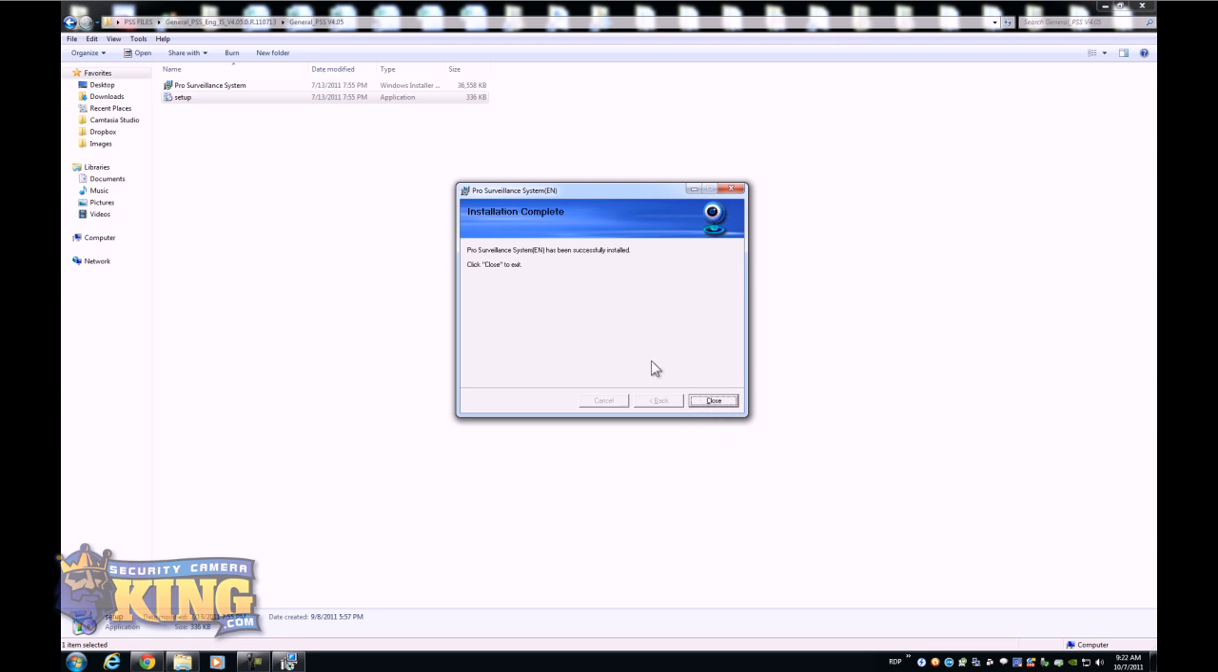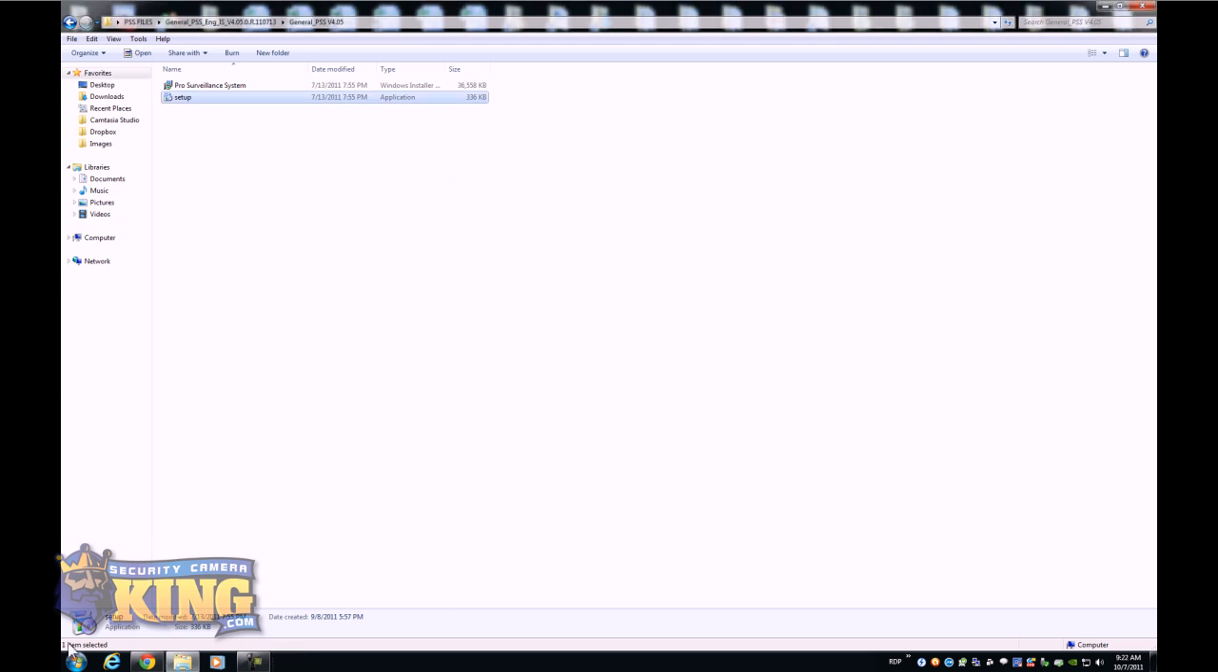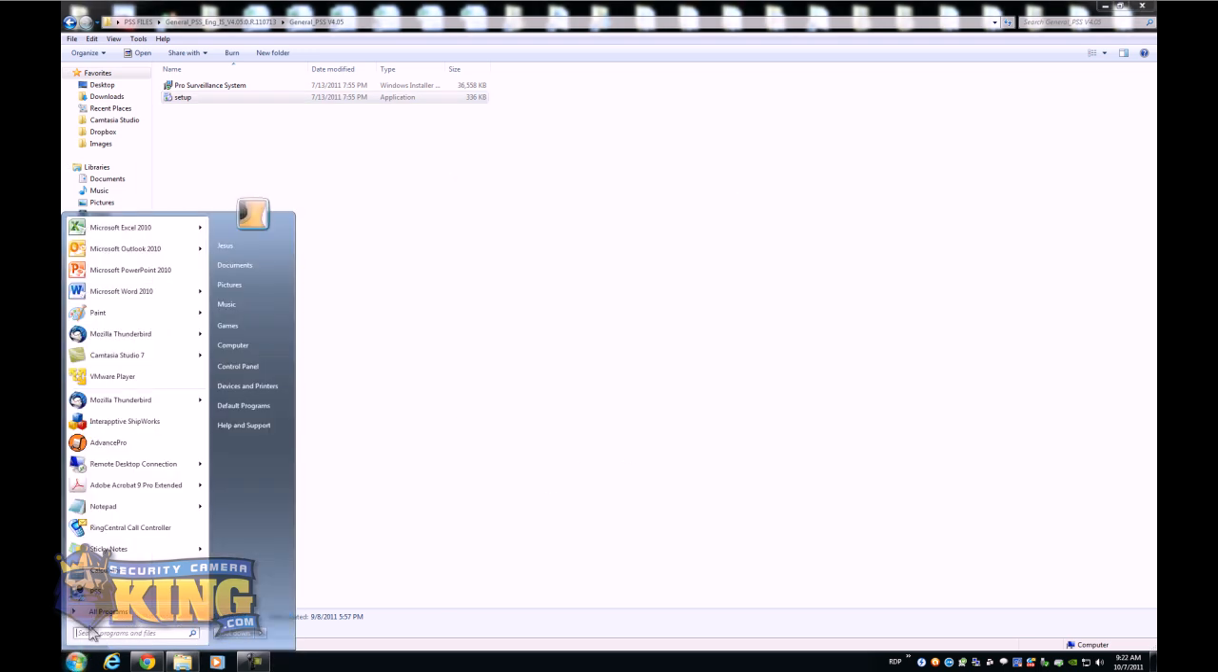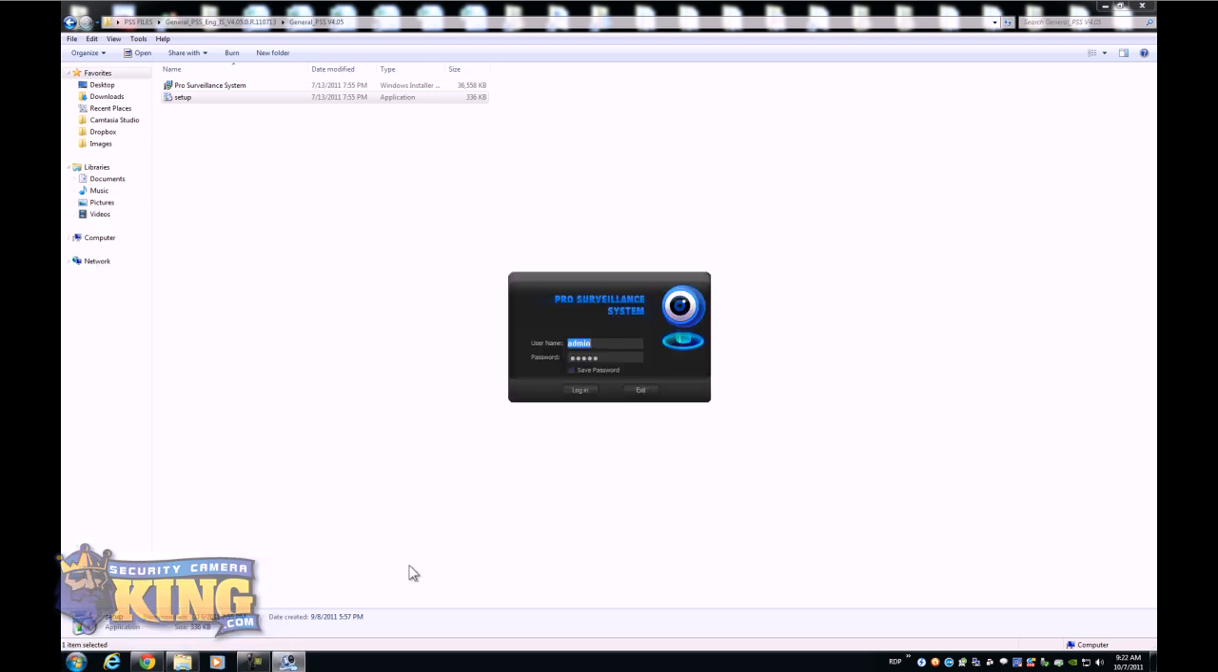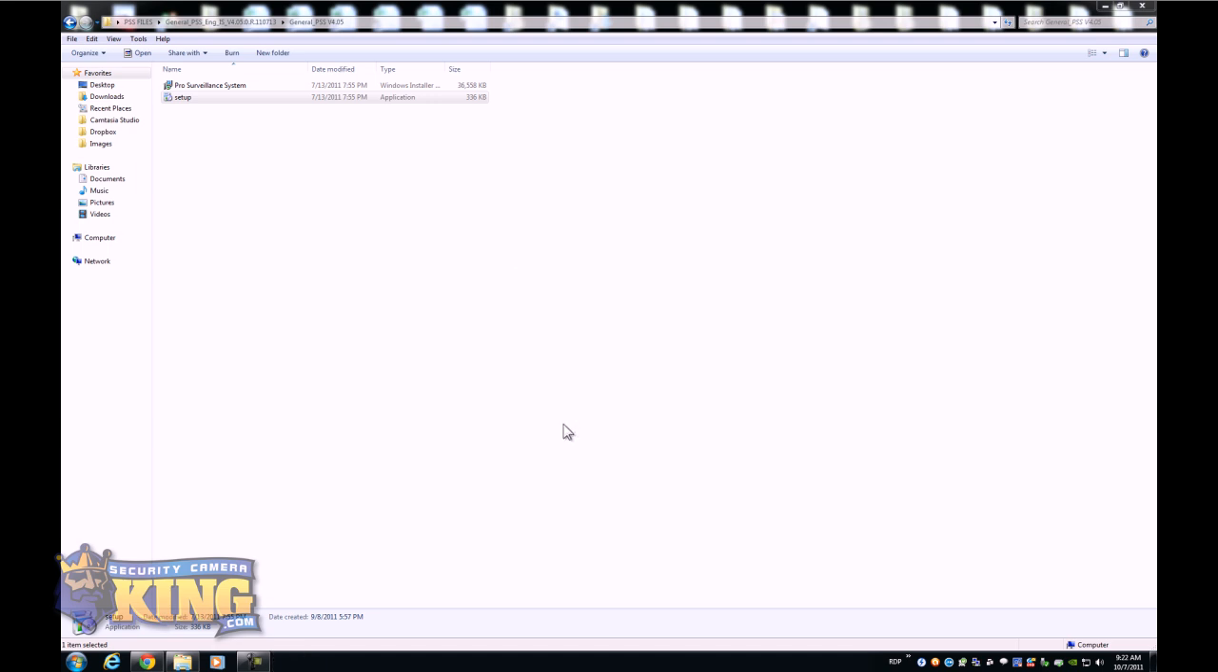So once this is complete, you will see it says installation complete. You click close, then you can go to your start menu and open PSS. And here you will see that you have to put a username and password. By default is admin, and you can actually remove this in some of the configurations of PSS, so that when you click the PSS icon, it will open up the software without asking you the username and password. So click login,